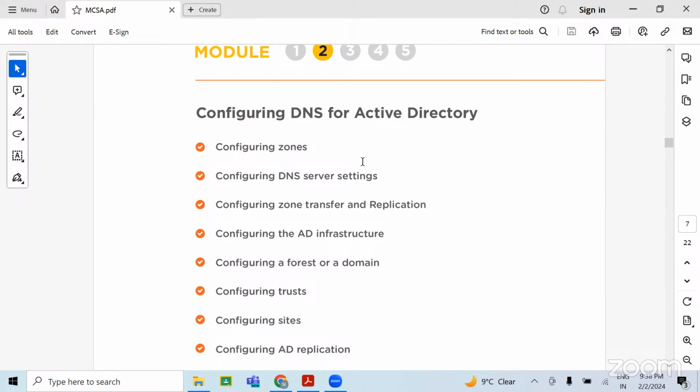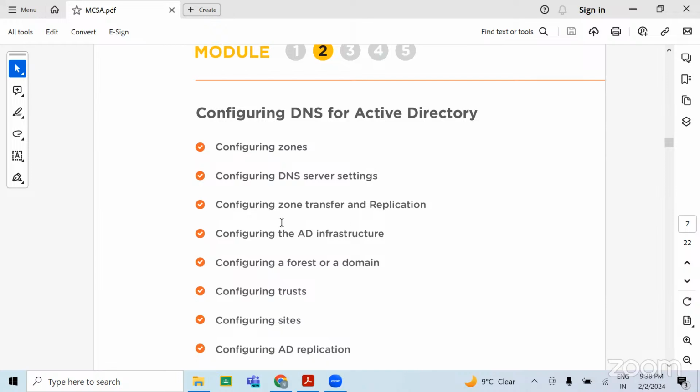First of all, we are going to understand the concept of why web servers are needed, why domain controllers are needed, how we can configure our domain controllers, and how we can make the group policies. We will understand the concept first, and then we will move to the lab part.